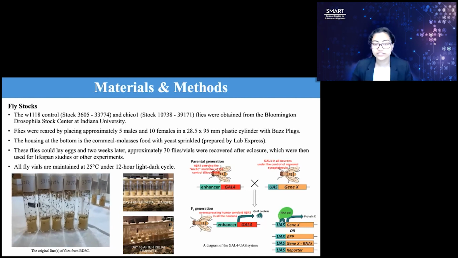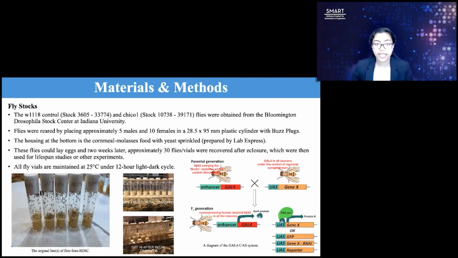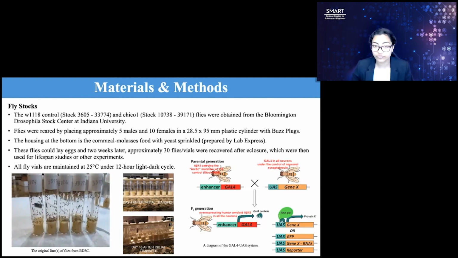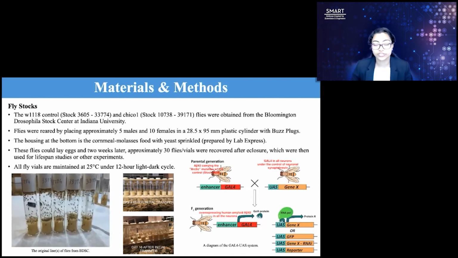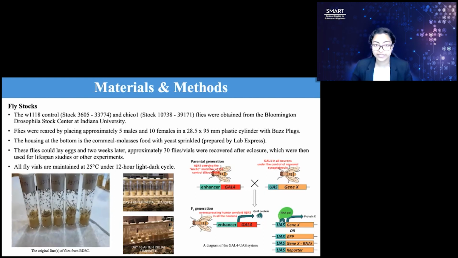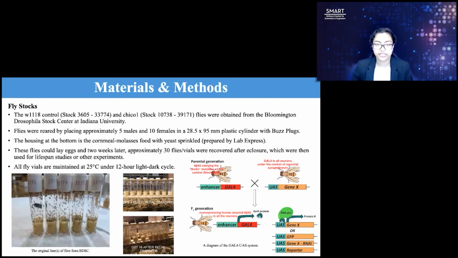And so due to these functional and structural similarities, any lifespan or neurological improvements in disease fly models that we achieve are suggestive that they transfer proportionately to other animal models and to humans as well. For this research project, I used the Gal4 UAS system to produce flies overexpressing the human amyloid beta 42 transgene in all the neurons.